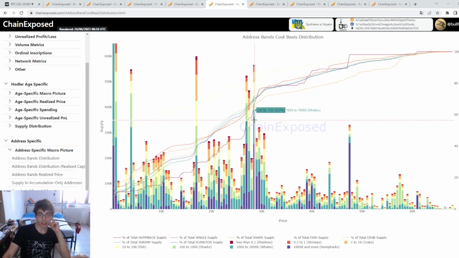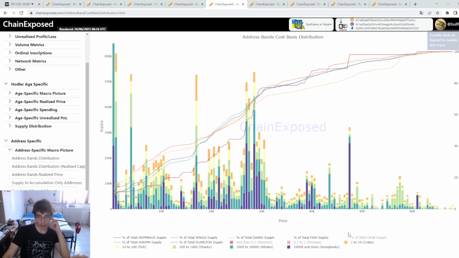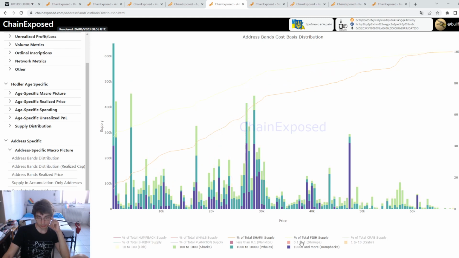So here we see that the majority of supports we have still at 17k as the major resistance on chain and major support on chain, and other supports we find from, as we already said, whales, sandbags, and so on. So if we take out this that we don't really need to see their amounts, let's say fish, shrimps, and so on,